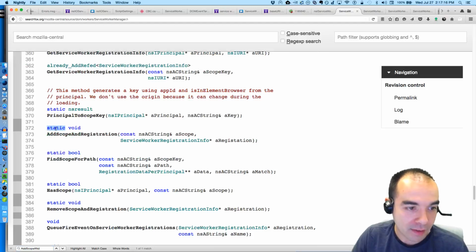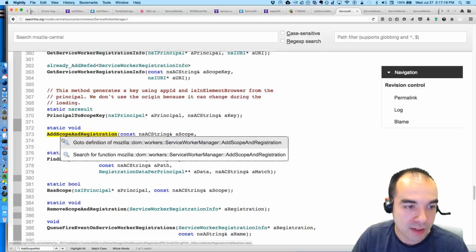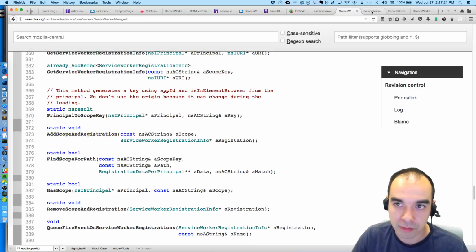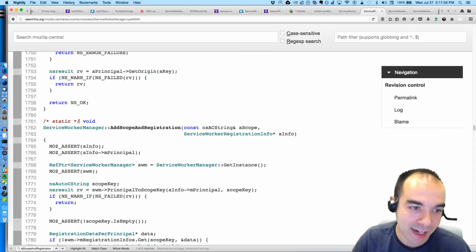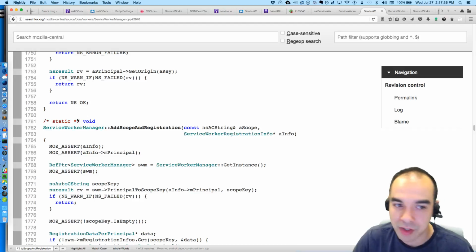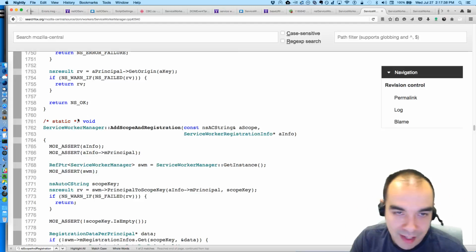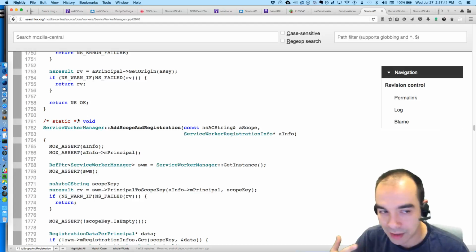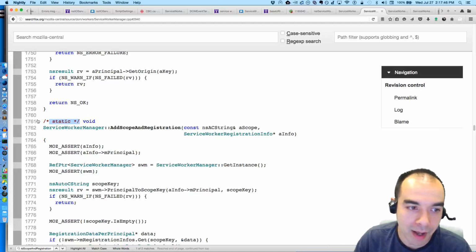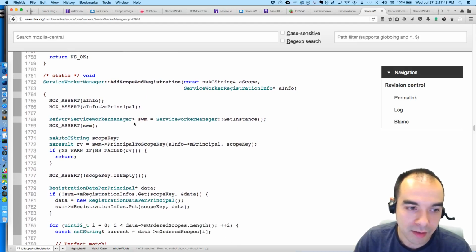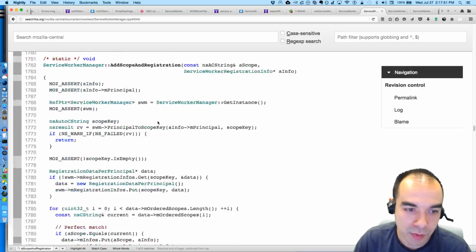Here you can put static. That's where we say this is a static method. It's like a class method on the whole class. It doesn't refer to a particular instance. And whenever you actually implement it, for some reason, I don't know why C++ does this, you can't put static in there, which makes it kind of hard to read when you're reading the implementation. You can't be sure whether you're looking at a static class method or an instance method. So there's a convention here to put static in a comment nearby. And yeah, this is the instance, the service worker manager instance.